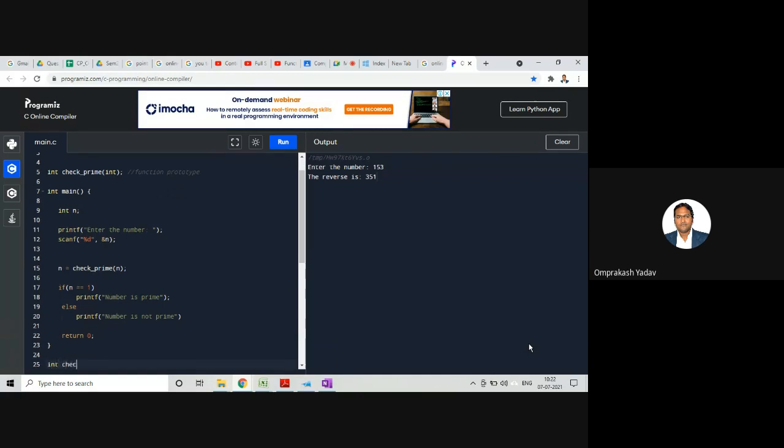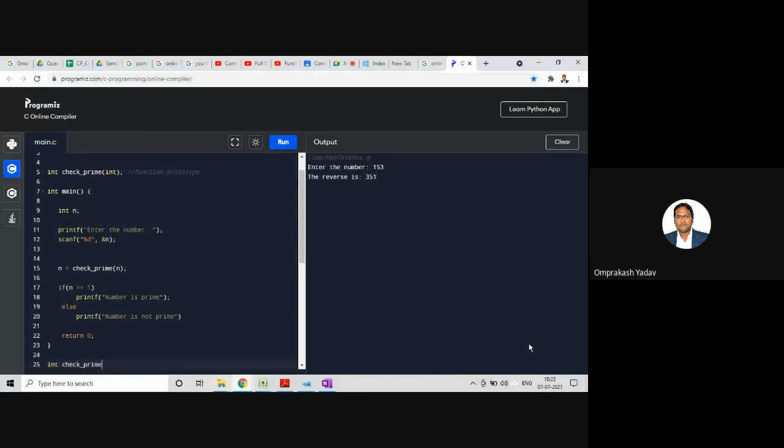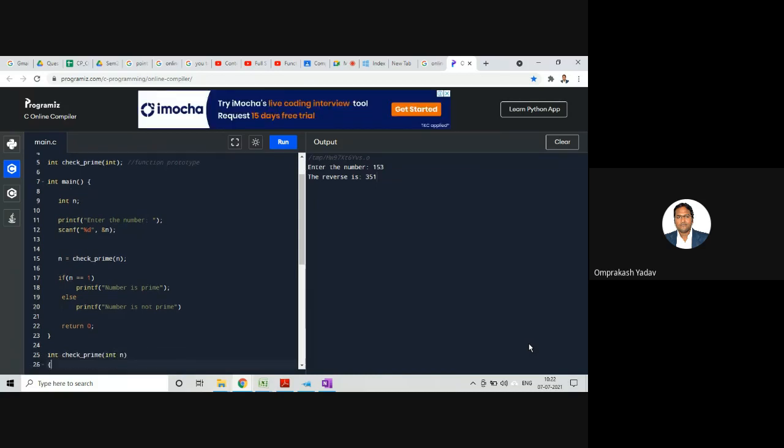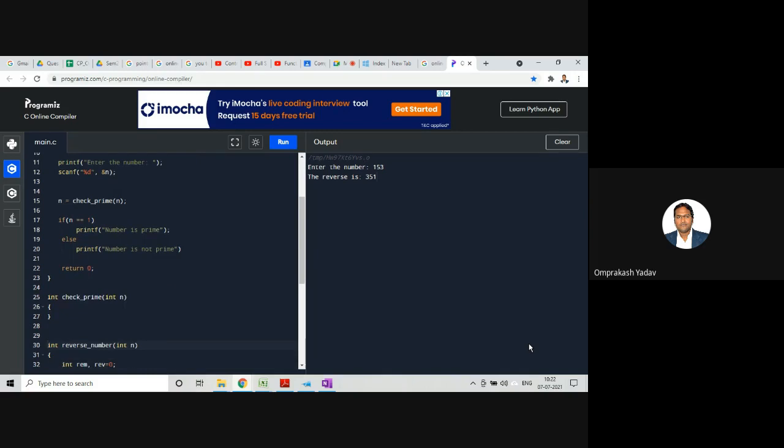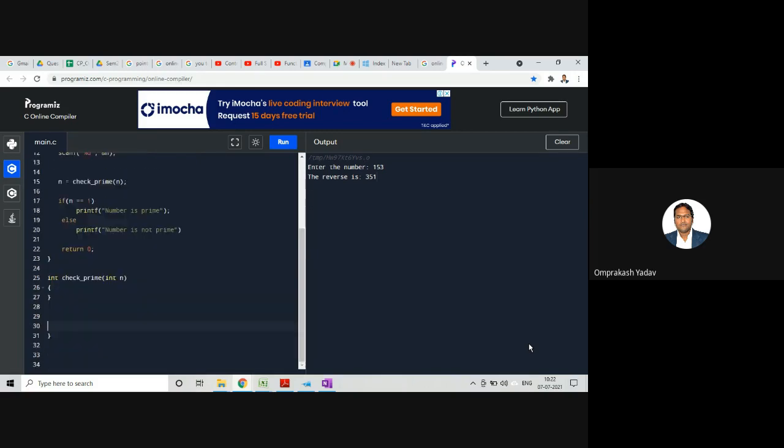So check prime, here we'll take a number that will be passed from the main. What we will do over here, that number is passed from the main function to this particular place, in the variable n.